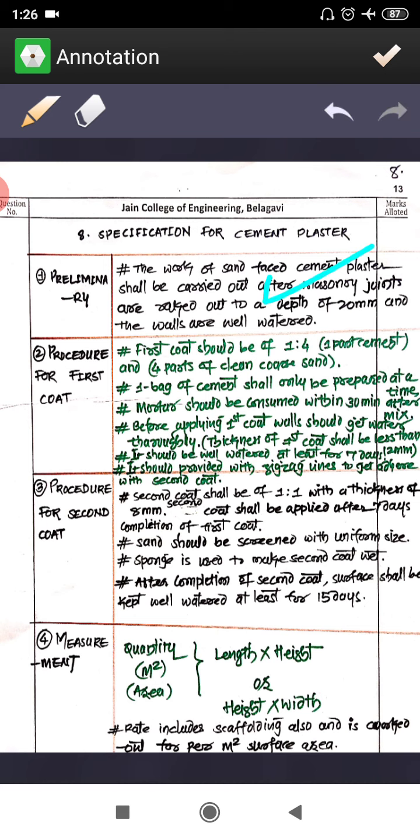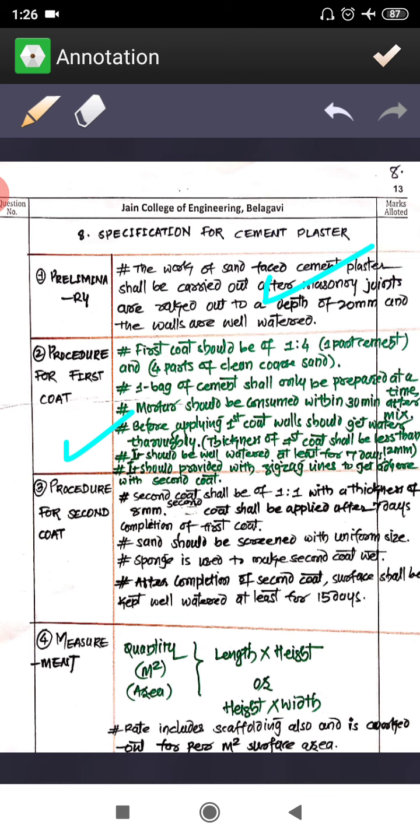Then the first coat you are supposed to apply. First coat should be of 1:2 ratio. First coat, 1:2 means one part of cement and four parts of sand. Then you are supposed to prepare the material for one bag, and you should use it within 30 minutes or half an hour. Within that you are supposed to use it, or consume it. Then first coat,